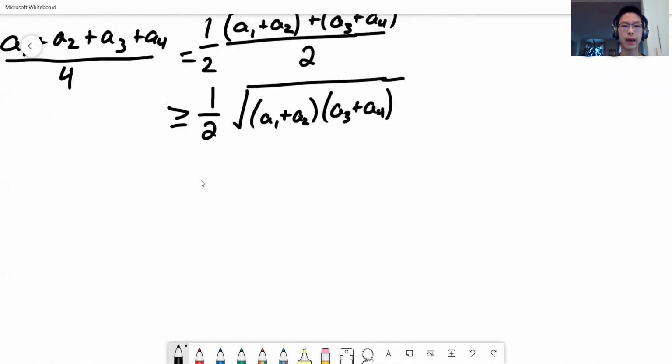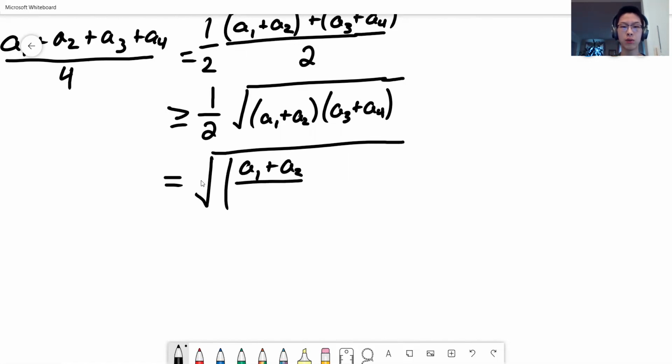If we bring the 1/2 into here, this whole thing becomes a1 plus a2 over 2 times a3 plus a4 over 2. What I did is I brought the 1/2 into the square root. It becomes 1 over 2 squared, right? And so there are two 2's here. But now,